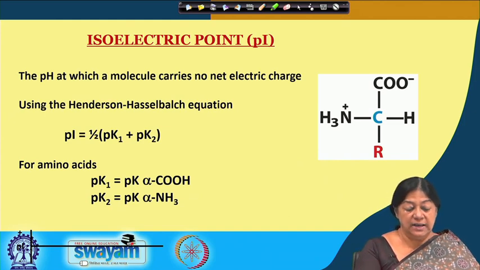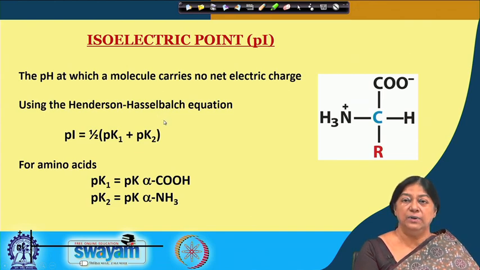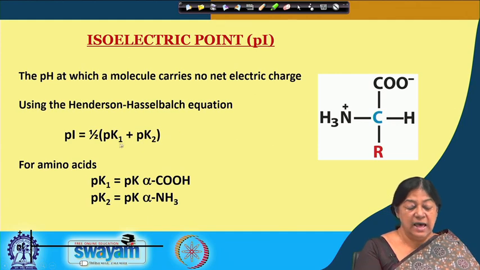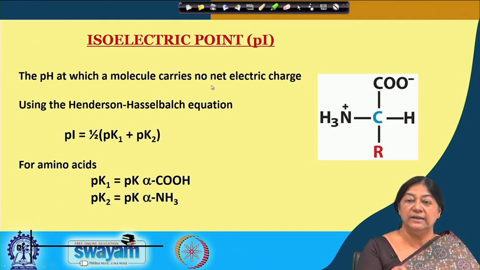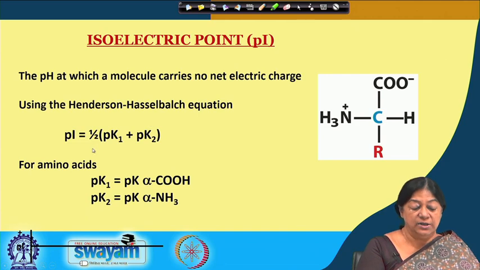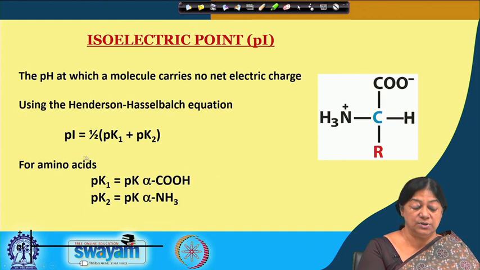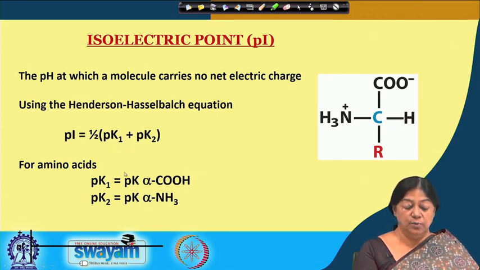we learned in the last class that we have something called the Henderson-Hasselbalch equation, and we learned how to derive it based on the dissociation of acids, and we can find what is called the isoelectric point, which is the pH at which the molecule does not carry any net electric charge. And using the Henderson-Hasselbalch equation, in the last lecture we learned how to derive a quantity called the PI, the isoelectric point, from a knowledge of the pK1 and the pK2,